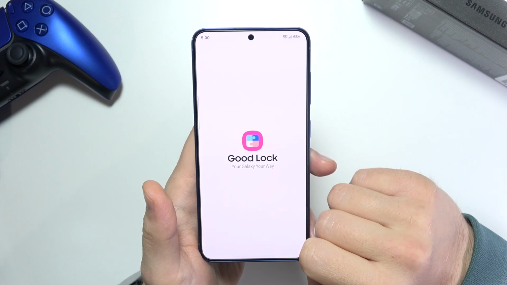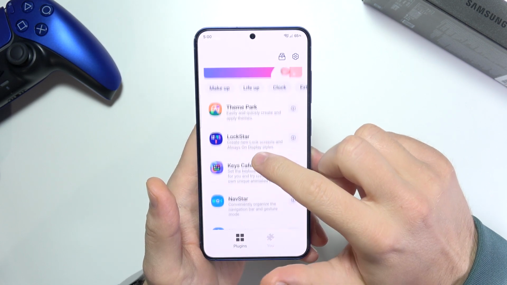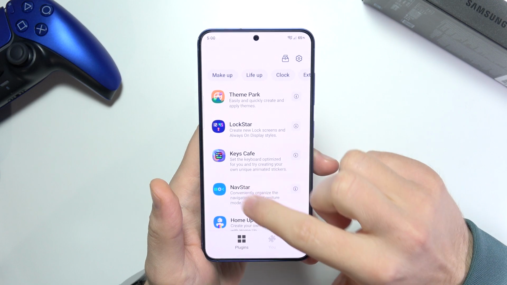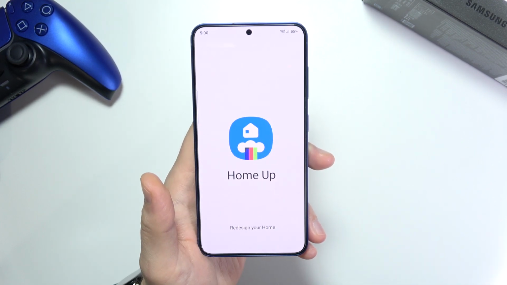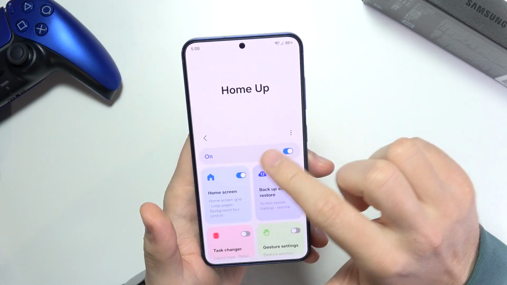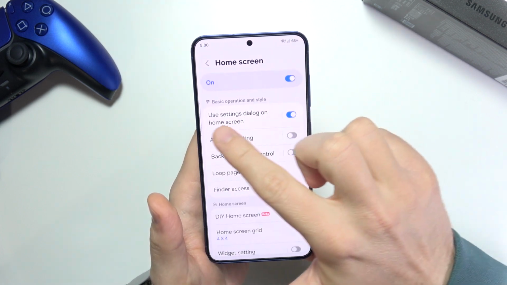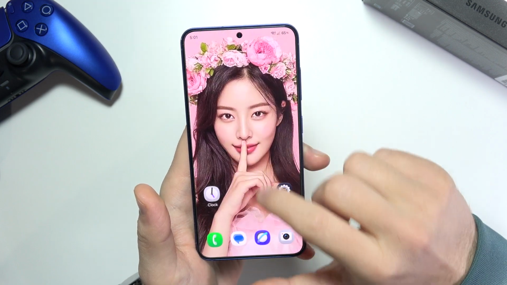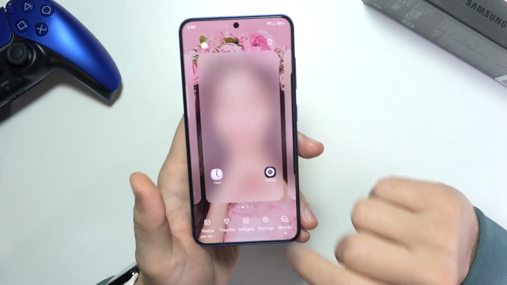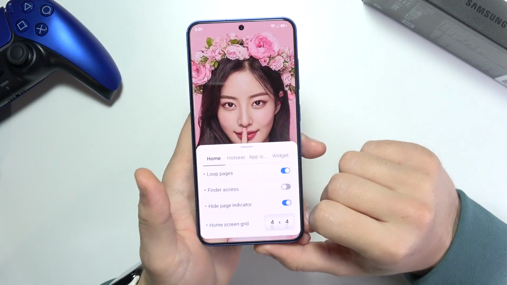Wait for a loading screen, and right now we have to go for that Home Up app. You have to download this plugin and then open it. And right now just turn on the home screen, enable use settings dialog on the home screen, turn it on, and now click and hold an empty space on your home screen, go for Home Up, and now as you can